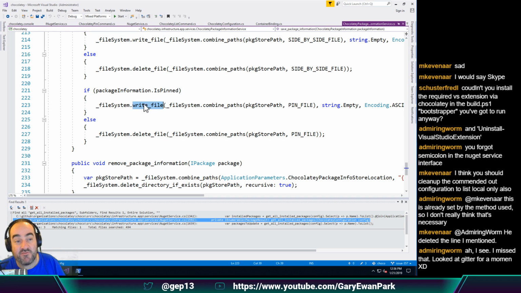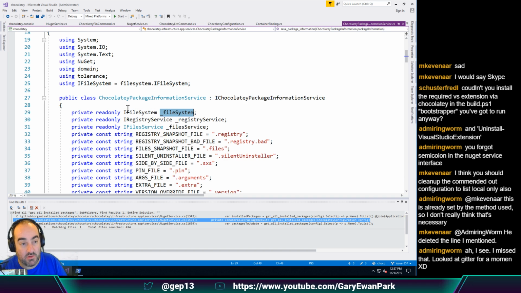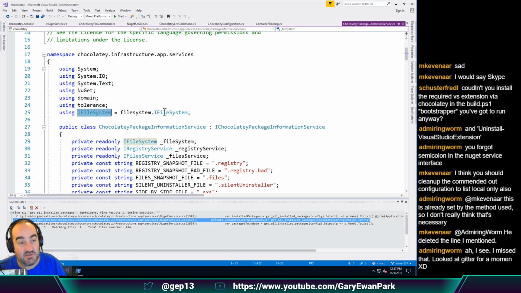And we're going to use the write file method, and what it's got being passed into it. If we look at this, then it wants a file path where to store the file, and then the text to go into it, and then an encoding. So this is the function that I think we're going to want to write to use, and it's using the file system abstraction. So we have a quick look at this, and we'll see that this is of type IFileSystem,